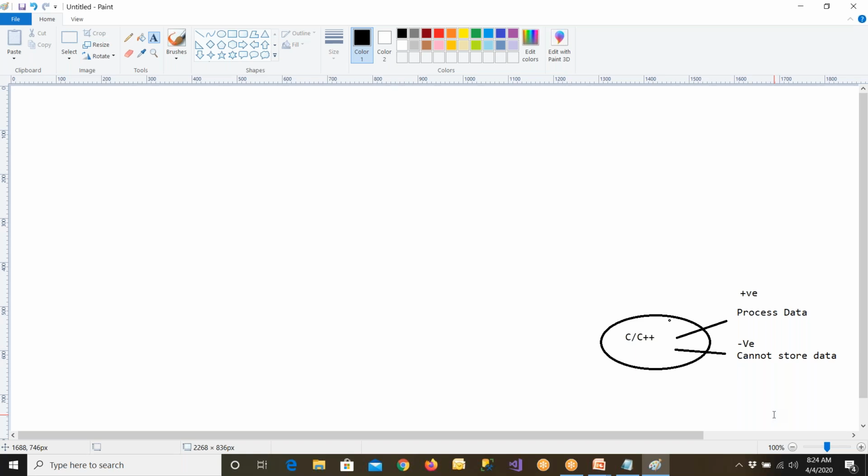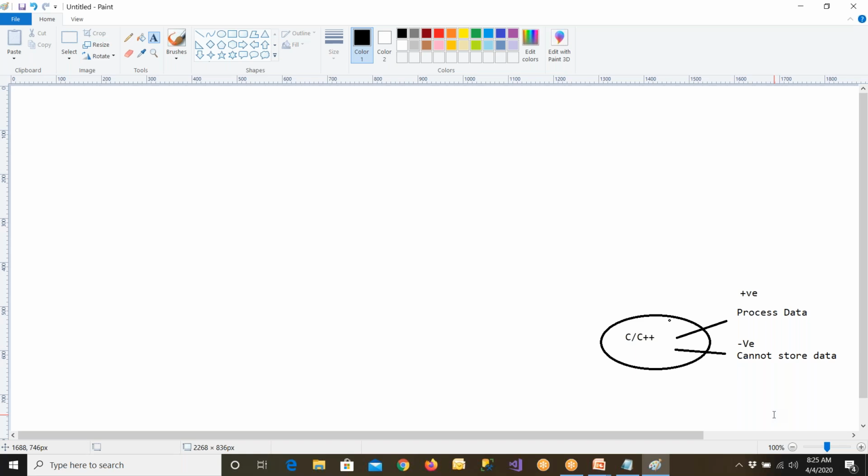So language only processes the data. You give 10 numbers to the C language: enter first number, enter second number, enter third number. It will put all the data into the memory, and it will tell you the complete total. The total is 99, total is 100, total is 1000. So it can do some kind of processing: summing, finding average, finding minimum, maximum, sorting the numbers, and a lot of things it can do.